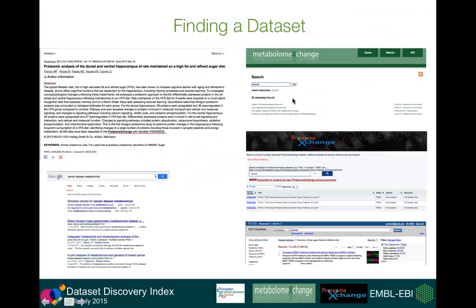Another way of finding interesting datasets is going to different resources like Protein Exchange or Protein Central and searching using different keywords, or going, for example, to Metabolome Exchange. But so far, those resources are not so well established in the community, and then you need to